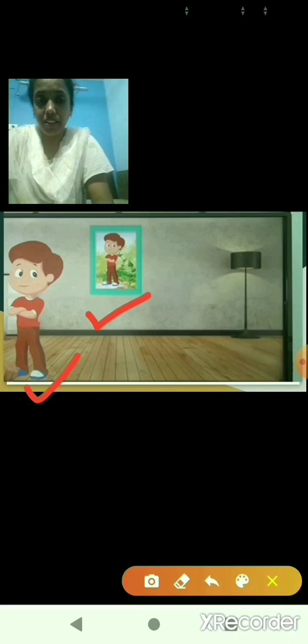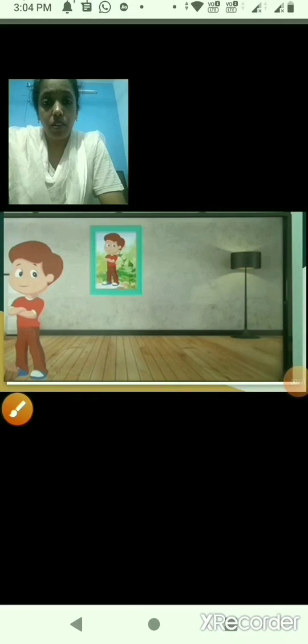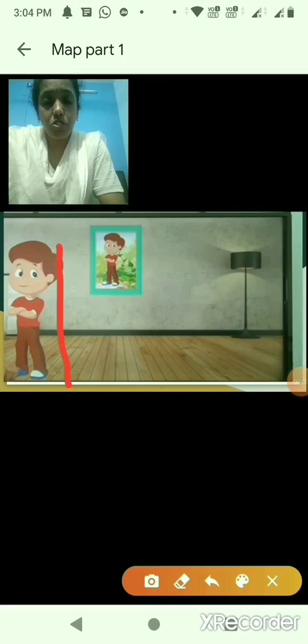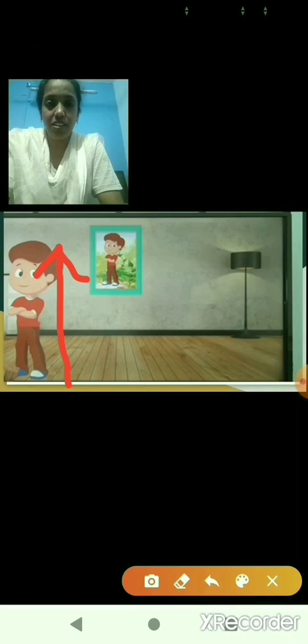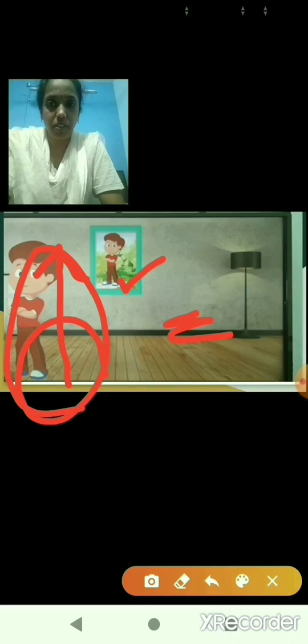So children, this is the child's original height and this is how he looks in the image, that is the picture. So while the photograph is an exact copy of the boy, it is much smaller in size than the boy, isn't it children?